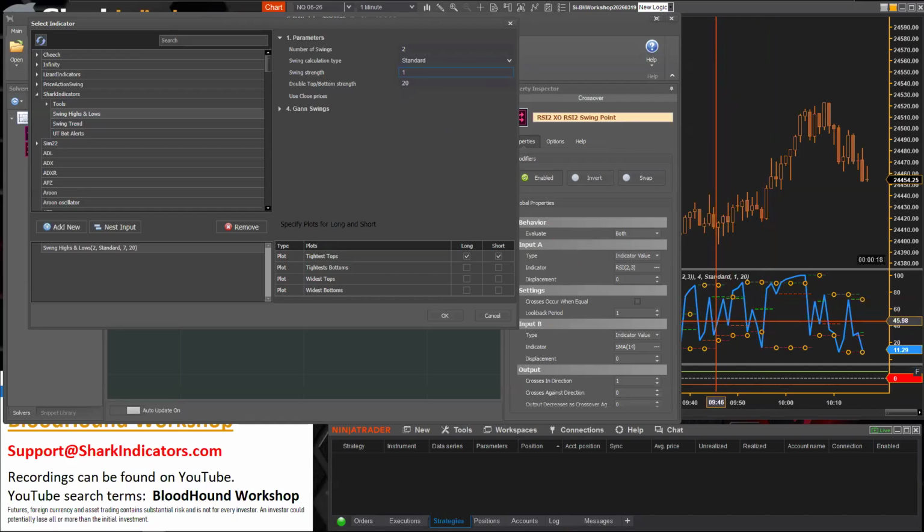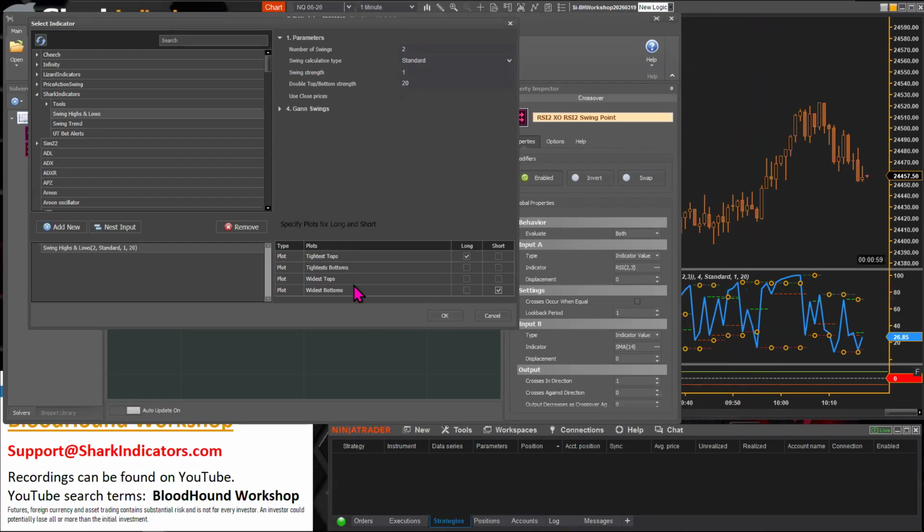That way you get all of these quick little reversal points there. All right. And then what are we looking to cross? So if the RSI crosses down of a swing low, that'll produce a short. And if it crosses up of a green line, or the widest tops, that'll be a long signal.